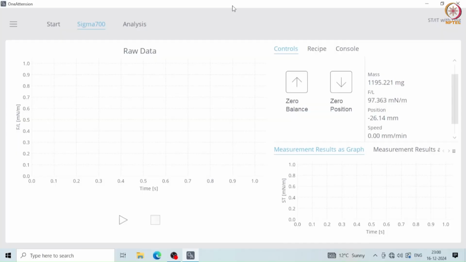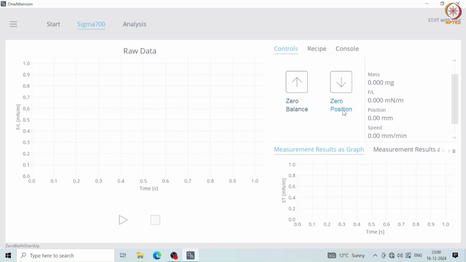After positioning the stage and ensuring the balances reach 0, the mass and position values in the system will also become 0. The stage can be operated using the controls. The upward arrow moves the stage up while the downward arrow moves the stage down. We have already positioned the stage manually, so I will now perform the zero balance.